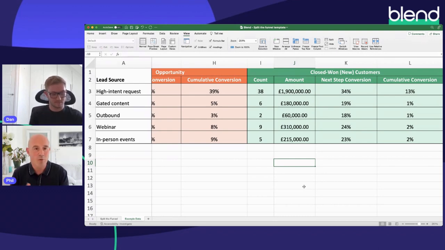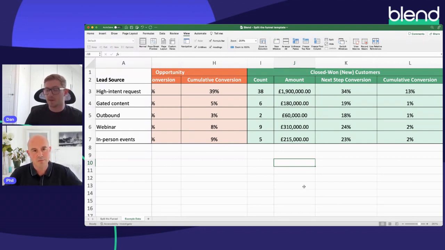As I mentioned, we basically did this analysis, although it was less sophisticated at the time, and we were lucky that we only had a few of these line items to consider, because we weren't doing a lot of outbound. We weren't attending conferences and events. So we basically had content leads and high intent leads to analyze, but the split was very similar to this. Everything was extremely in favor of high intent leads when it came to creating opportunities and revenue. And it didn't take much for us to then say, well, we're going to focus all of our energy on the things that create those, and next to none of our energy on the things that create those content leads.